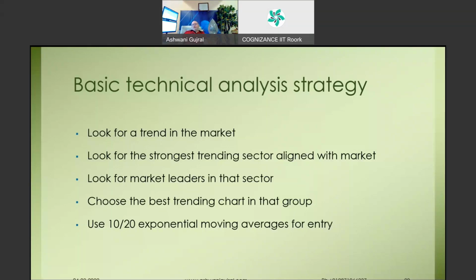Use two moving averages. Now, what's a moving average? An individual bar is a photograph. A moving average is a movie. So basically, the moving average gives you an equilibrium point for reference to see how far away you are from the equilibrium. Are you oversold or overbought based on some kind of equilibrium? So let me show you what I mean.